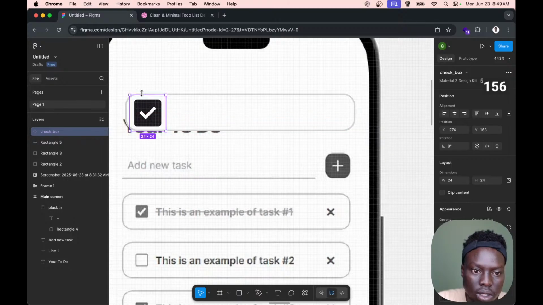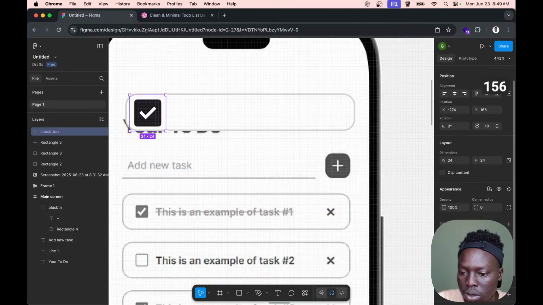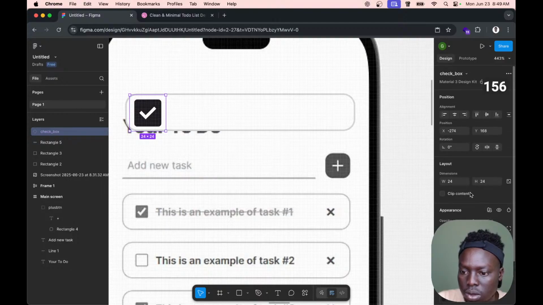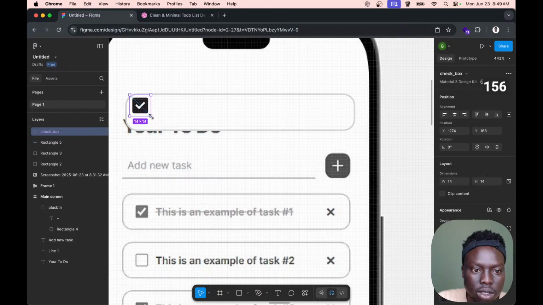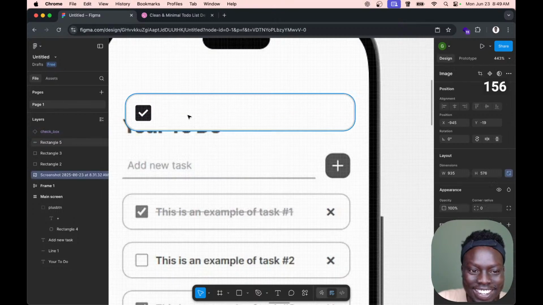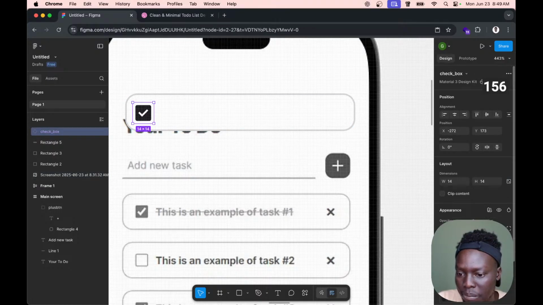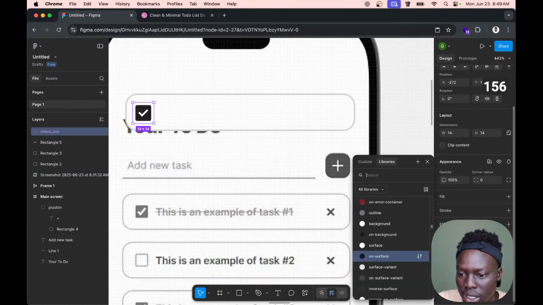Mm, we need to reduce this. How do we reduce that? Oh, we gotta hold shift to reduce it. We're even gonna do the same for that. Okay, so we have the checked box, and I don't really like that color, so we're just gonna say,